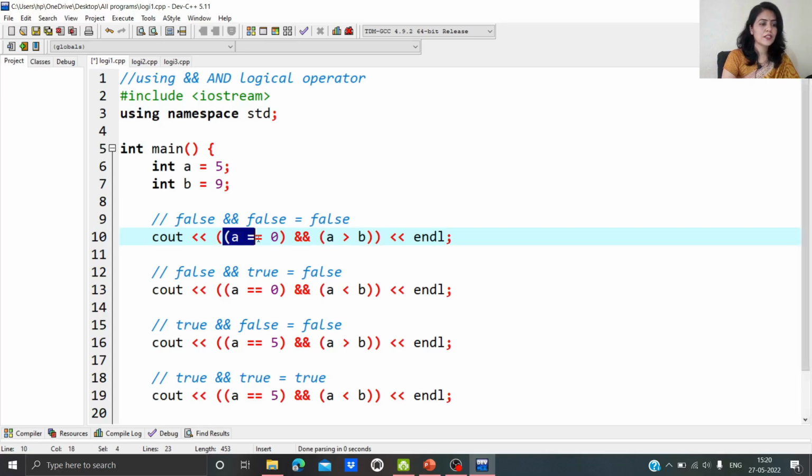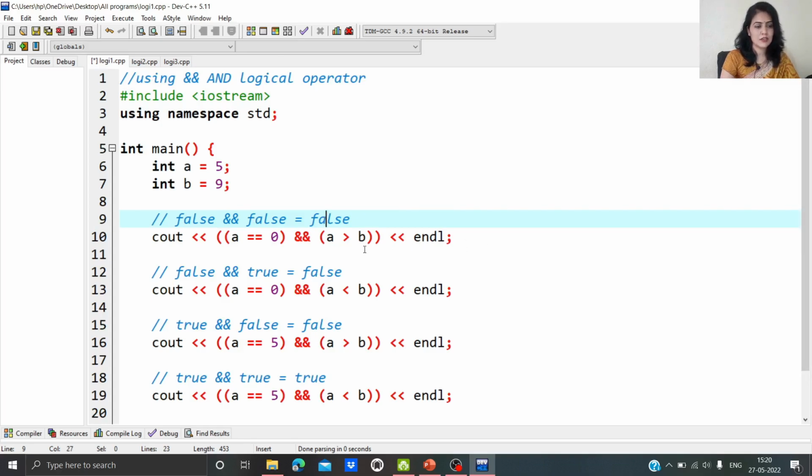Here the first condition is a equals 0 and the second condition is a is greater than b. The first condition is false because a is not equal to 0, and a is not greater than b. That means false and false equals false, so we will get the result as a false condition.